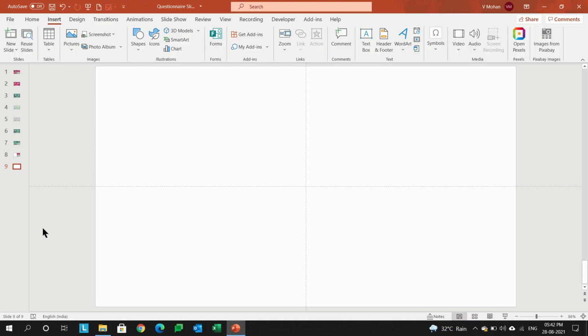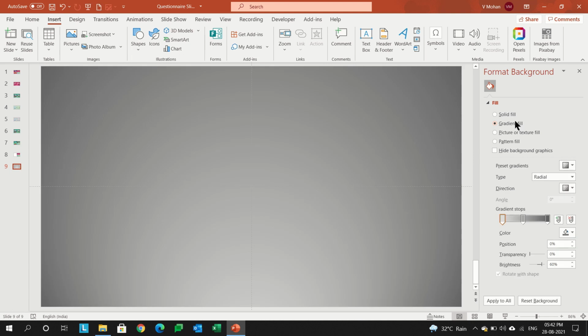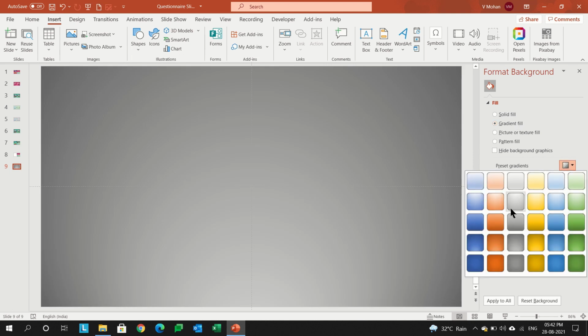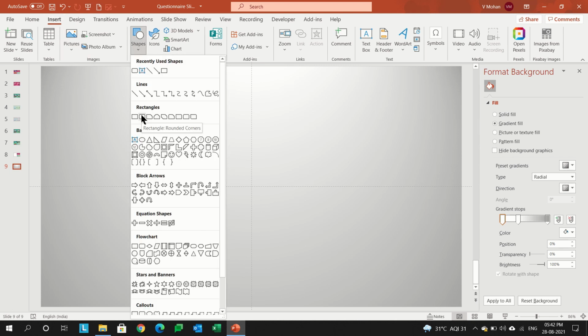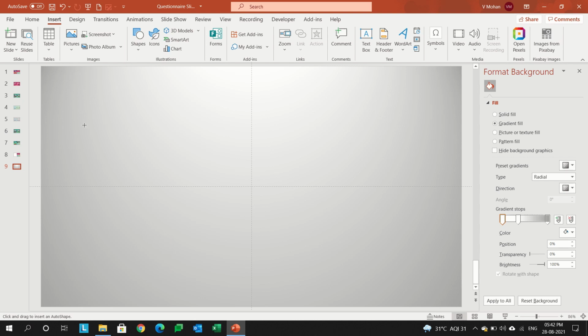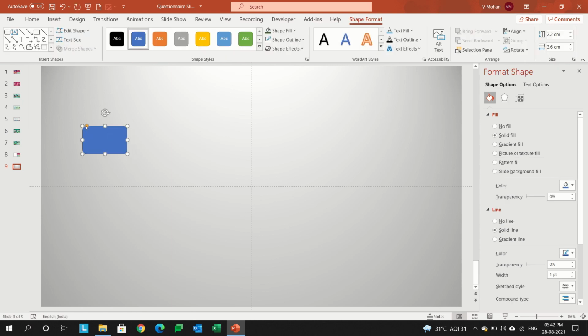Open a blank slide and go to format background and give a gradient fill. Let's select this gradient fill. Then we'll go to insert shapes and select this rounded corner rectangle and draw like this. With the help of this orange button, we'll change the shape like this.